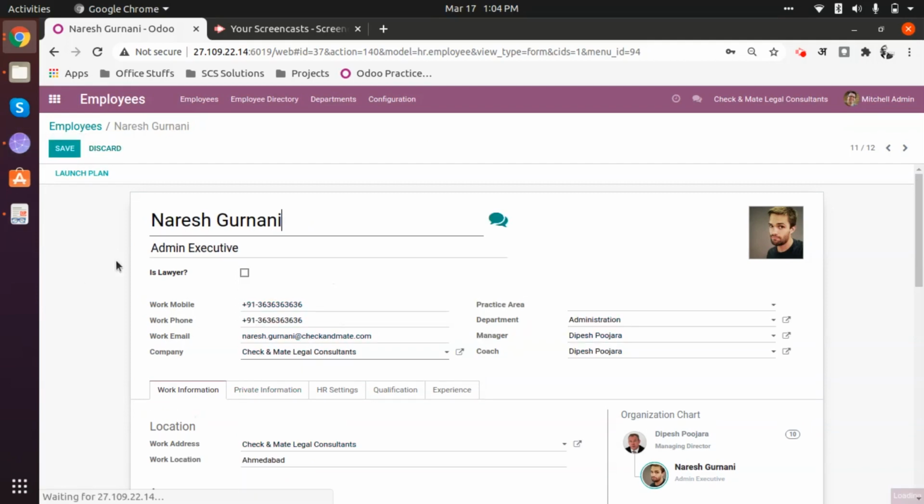As you can see on the form, we have a very helpful option available, wherein we are specifying whether a particular employee works inside the consulting department or not. Now let's say Mr. Naresh Gunani was also a lawyer, and if he was a senior law consultant,